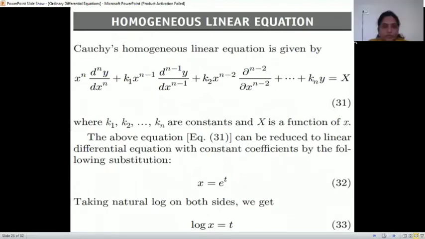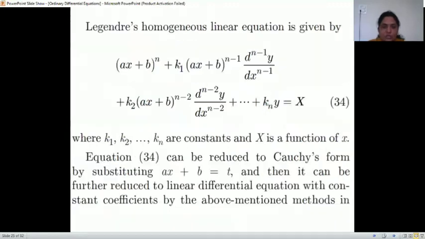Okay. We'll see the homogeneous equation. The equation is of the type where x raised to powers are multiplied with the derivatives. How do we solve such equations? We know that we have to put x equal to e raised to t, that is, log x is t, and that substitution will convert the homogeneous equation into a linear form. And we know how to solve that. We have to write y is CF plus PI, then we can get the solution in t, and finally we resubstitute t in terms of x. This is Cauchy's form.